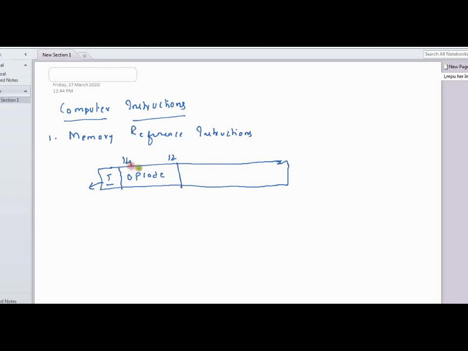That means the length of the opcode field is 3 bits.